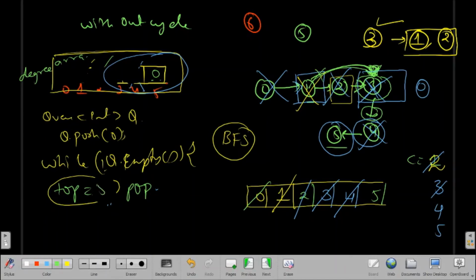maintain here top equals to 5, and again pop, and I'll count c equals to 6. So even this course is completed now, this course is also completed, so my array is now empty. So what I will do at the end, after completion of all the arrays, I'll just check if my count variable, that is 6, if my c is equal to the number of courses, that is this.